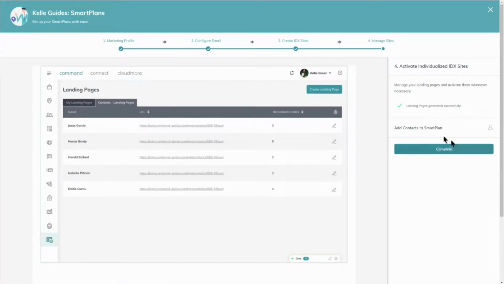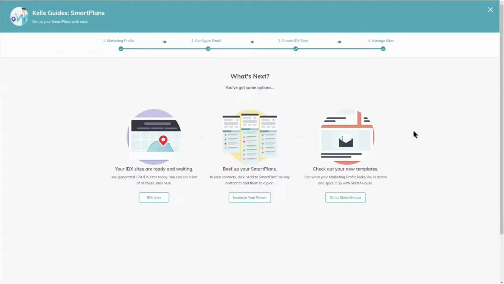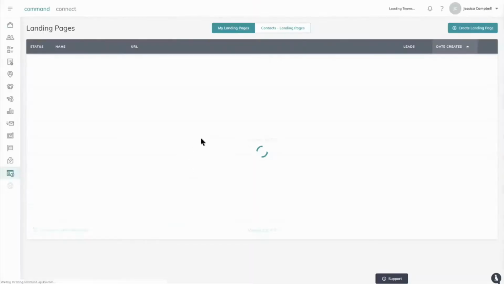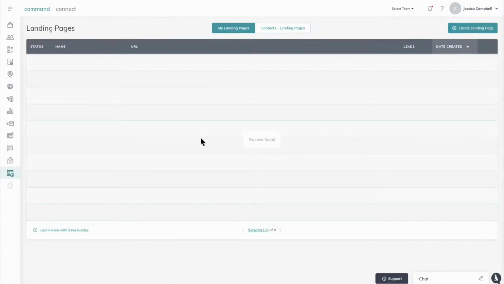And so next up is how I can manage sites. I can create custom landing pages. I showed you a default one that Command creates for you. You can go in and create your own, which is really powerful. And so by completing this, now I'm set up for success. Now I can actually go out and do this real time, and it'll show me your IDX sites waiting. You can beef up your smart plan, or you can check out the new templates that you can customize in Sketchhouse. By clicking go to IDX sites, that's going to take me to the landing pages application